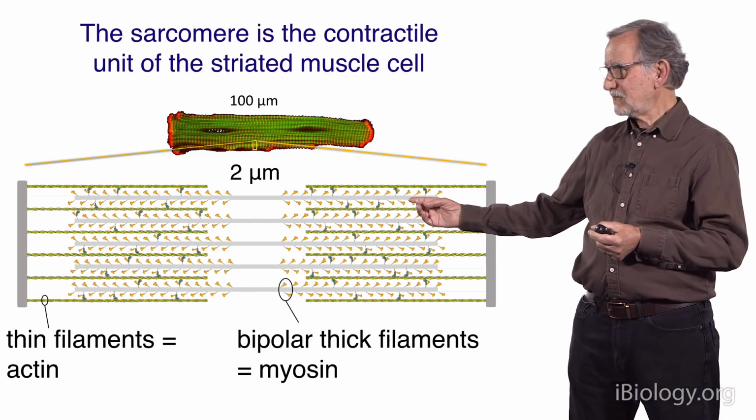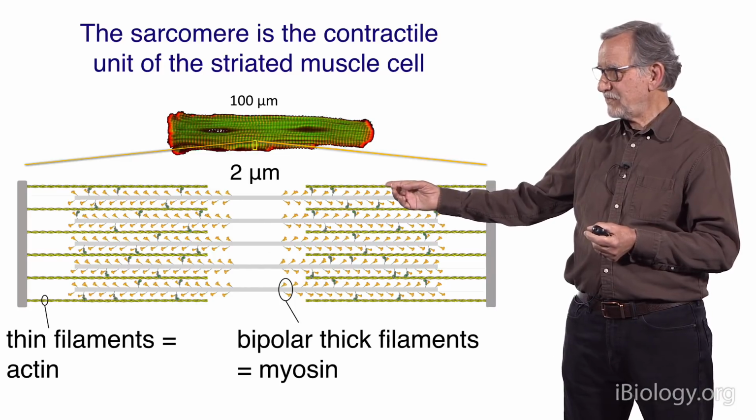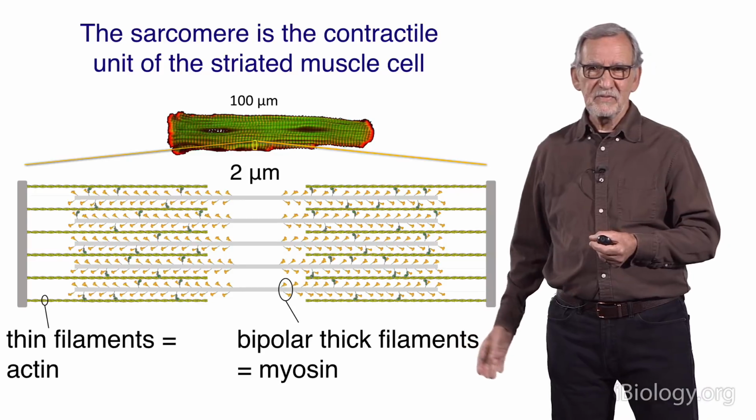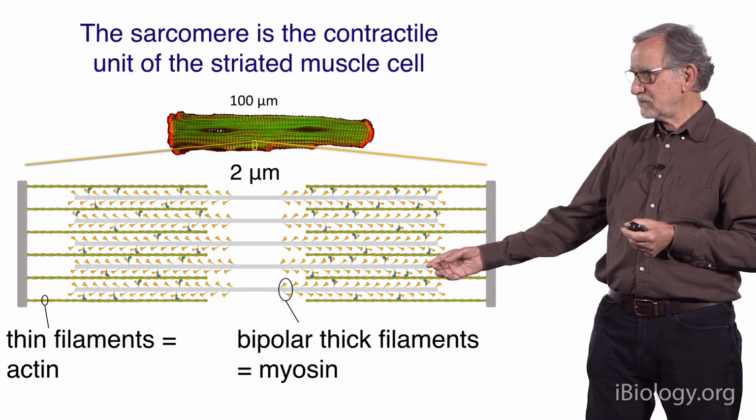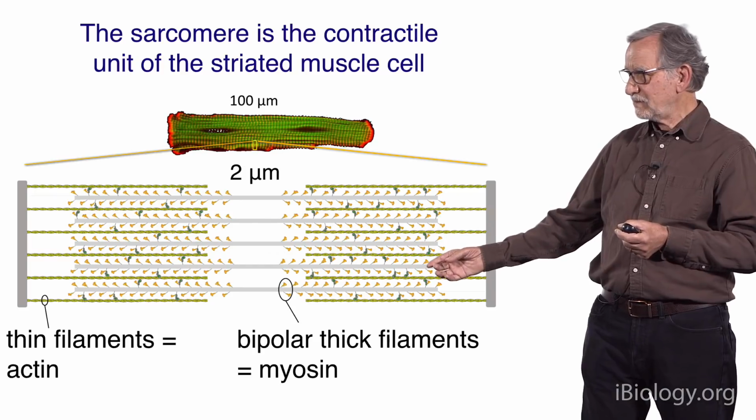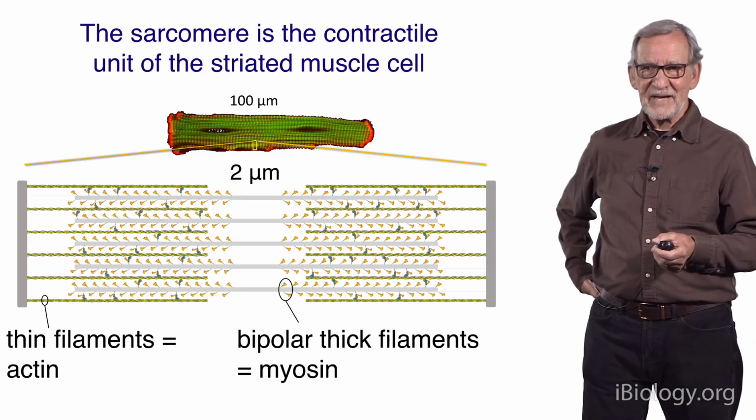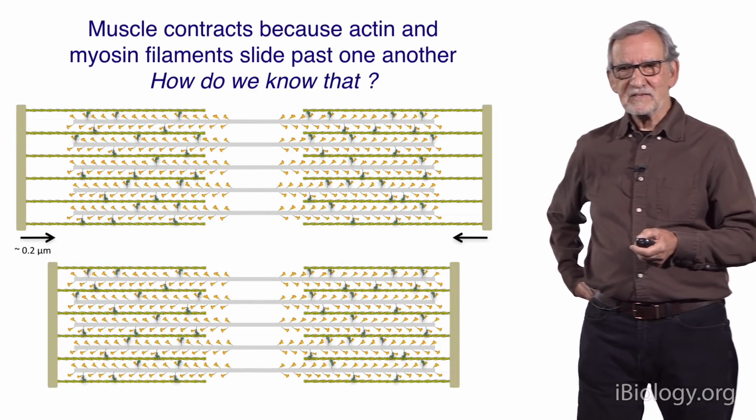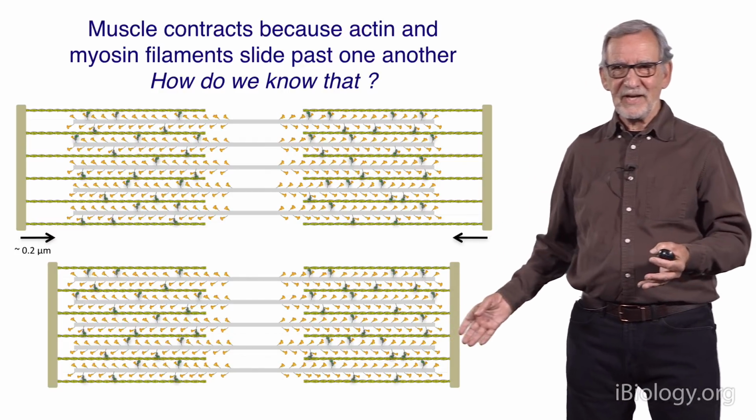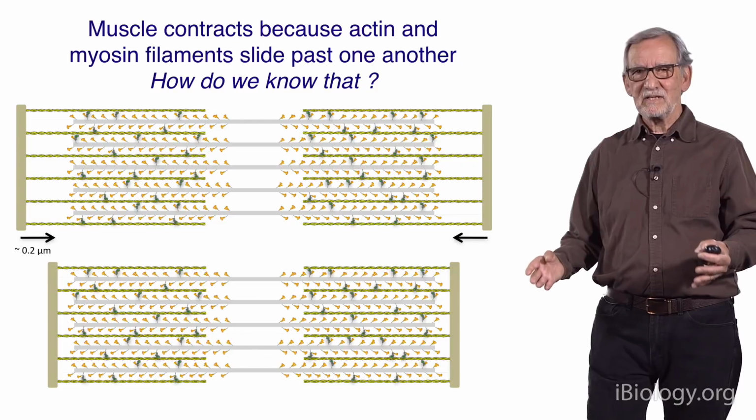But the important thing is that you have this overlapping set of thin filaments, which are made up of a protein called actin, and thick filaments that interdigitate between the thin filaments that are made up of a protein called myosin. Okay? And muscles contract because their cells contract,